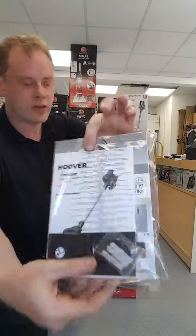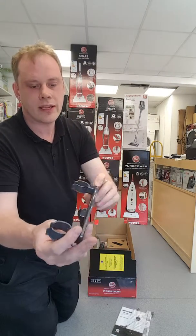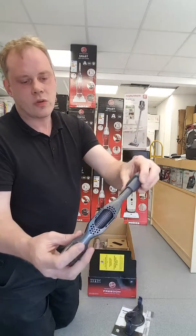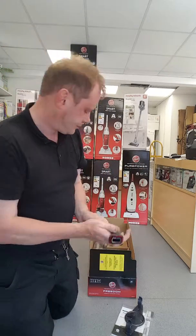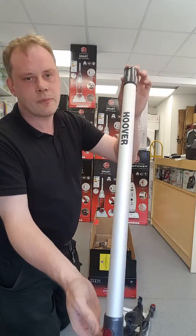The instruction book, the wall bracket that you can screw to the wall so you can hang it up, the adhesive tool that is bendable with a little dusting brush on the end of it, the extension tube,